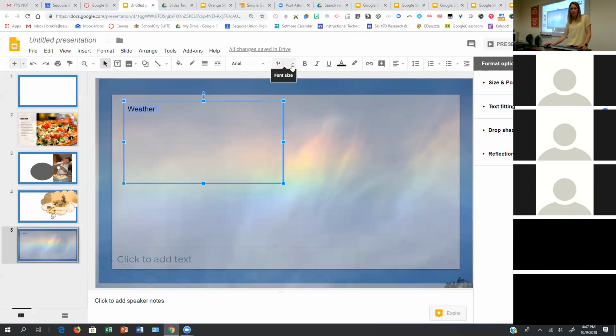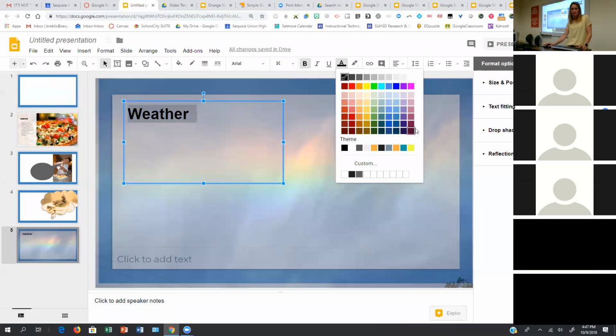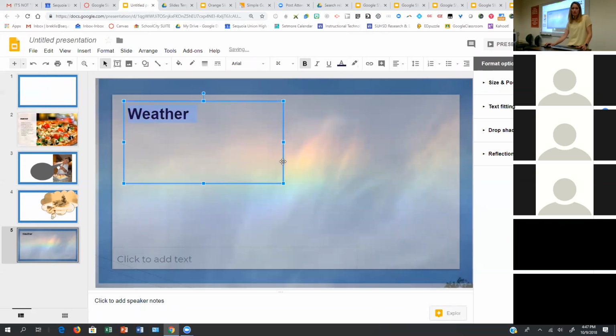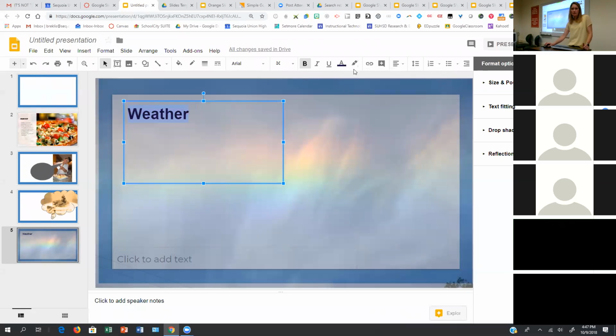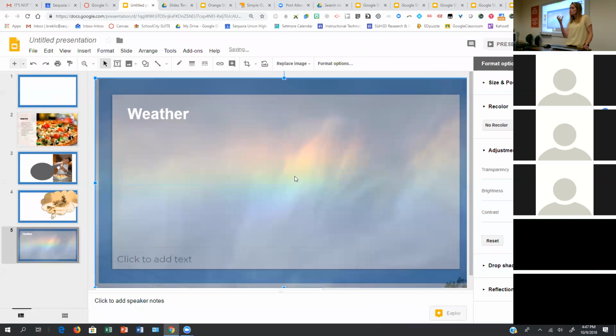I want to make it much bigger. Maybe bold. And maybe even change the color a little. You can try a lighter color since we have a darker background. So just make sure that you can really see it if you do anything like that.